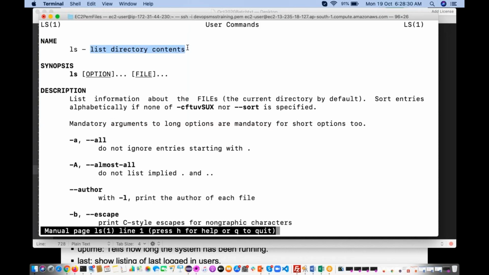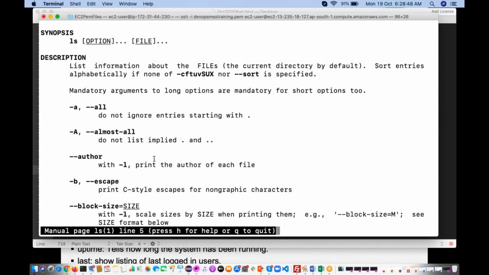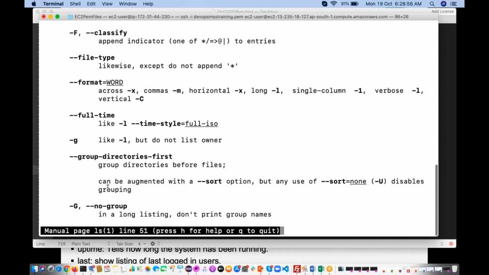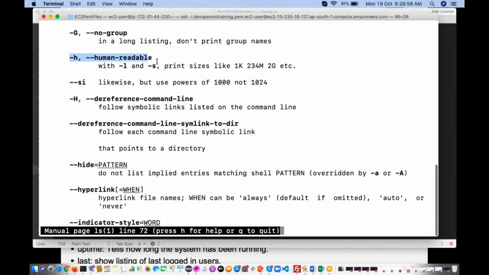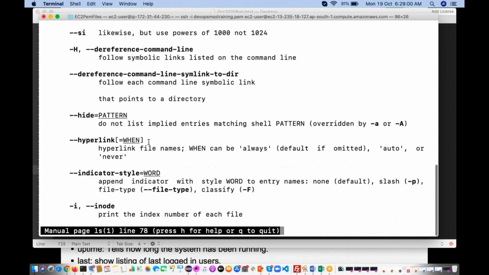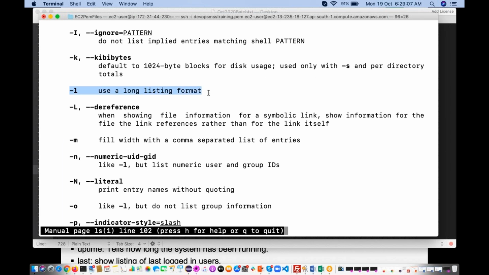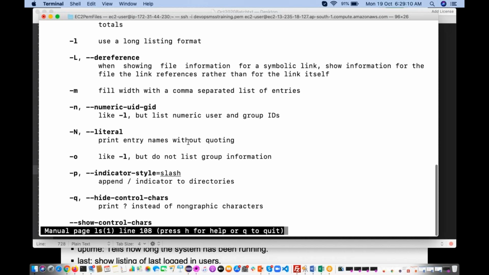See here, list directories. Already we know what the ls command is going to do. It is going to display the directories, file names, directory names. We discussed -a. A means all. It is going to display hidden files or hidden directories also. Yes or no? See here, H, human readable format. Right? Inode. Right? L, long listing. Right? So like this, we discussed